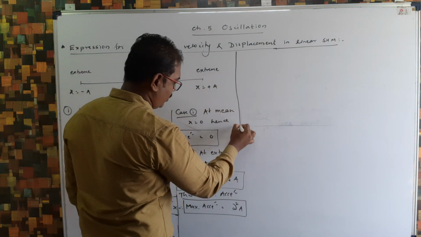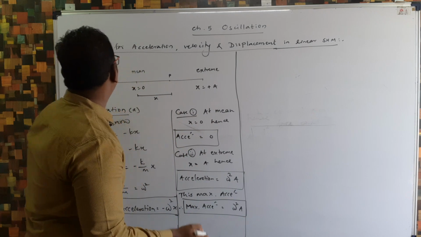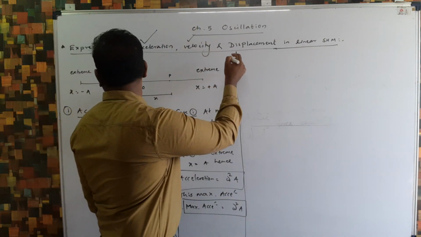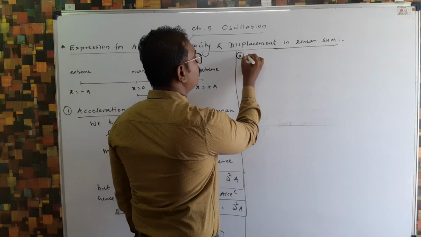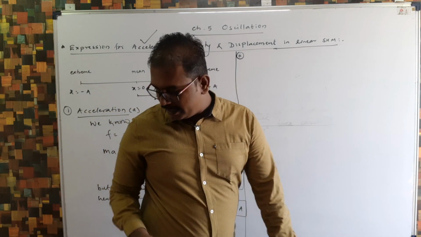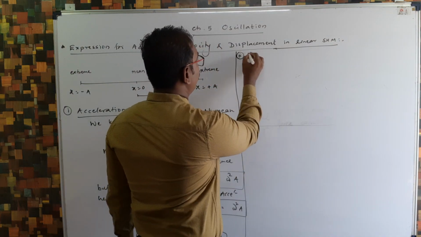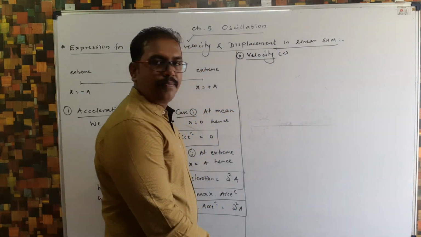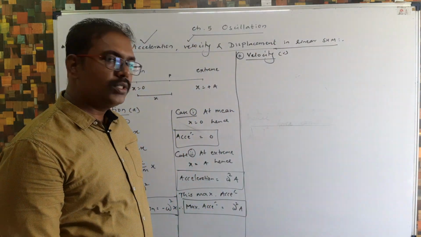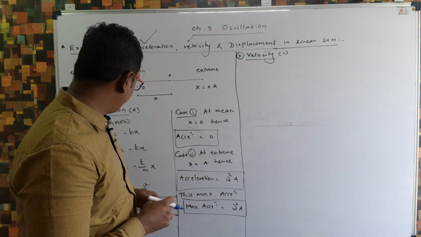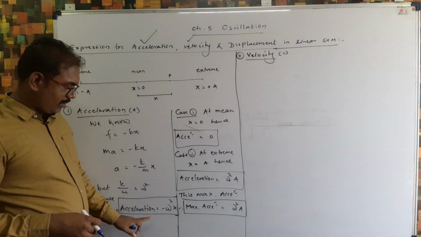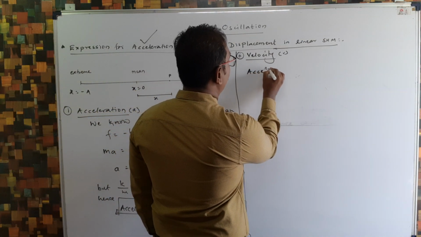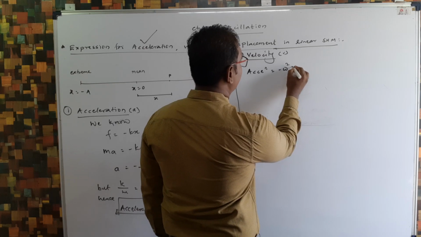After this, we have to start with the next topic. The acceleration part is over. Now, next one is velocity. We have to start velocity. So velocity, I require a little more space. Okay, it's okay. So I give the heading here, velocity. Now, to find out velocity, I use whatever we got in the acceleration article. So acceleration is equal to minus omega square x.